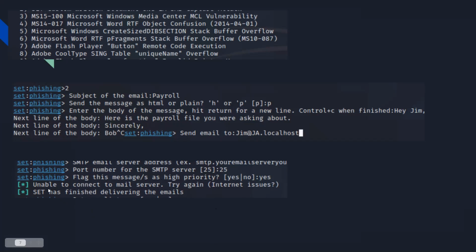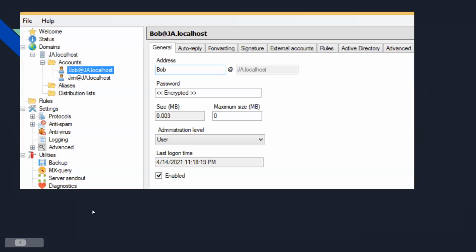Unfortunately, I was getting this error, and I've tried multiple times to resolve this, but it said unable to connect to the mail server. Trying again, and then it says has finished delivering the emails. So unfortunately, like I was saying, I was using HMail server to run this, and I have this all set up. So as you can see, we have Bob's account, Jim's account at just a